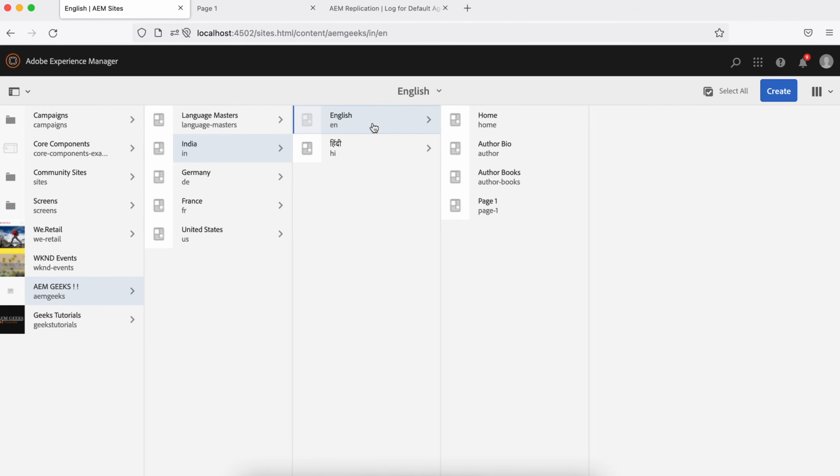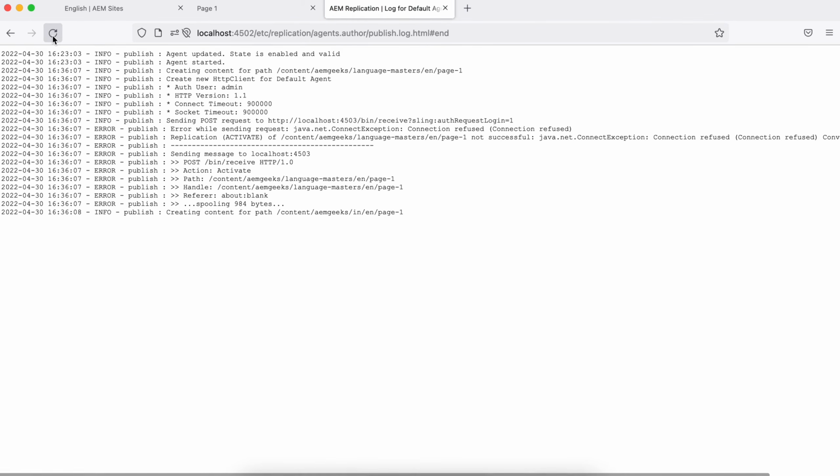Why? Because India live copy used activation on blueprint. Okay, now let's check the logs just to show you. It will work, but let me show you. So let me refresh. This is my replication agent, and if I refresh this, you will see here